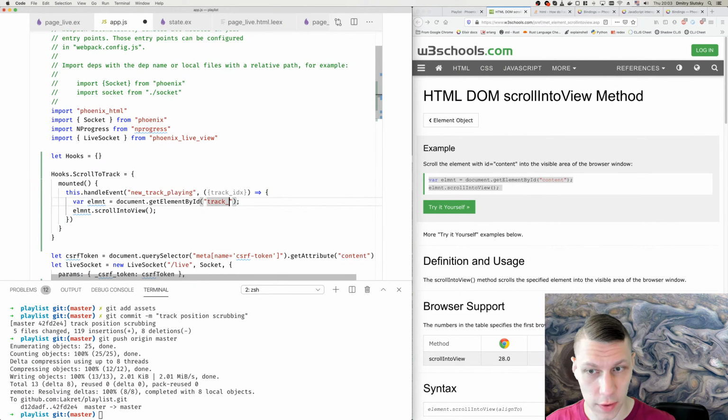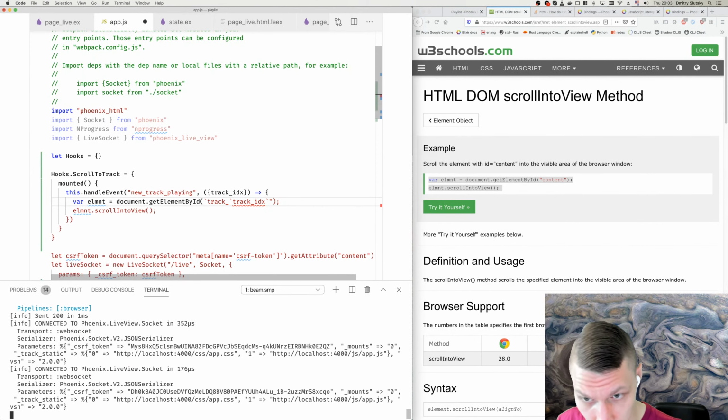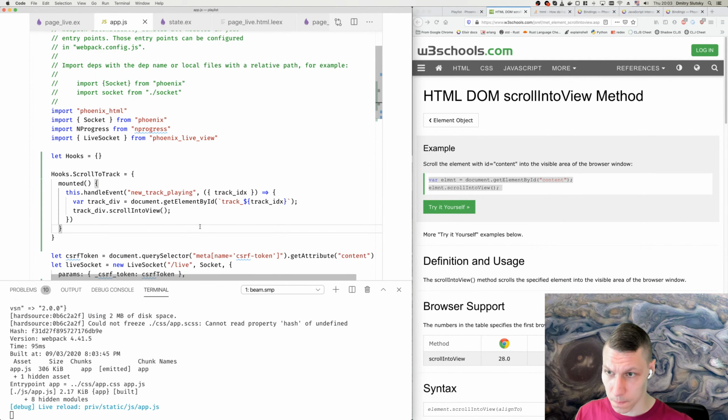So I guess it will be track with, I think that's how it works. Oh, no, I'm dumb. I need to use this thing, I think, right? And then I need to use this, and I think it works something like that in JS. Like this, yes. So track element, track div, and then we can do scroll into view,